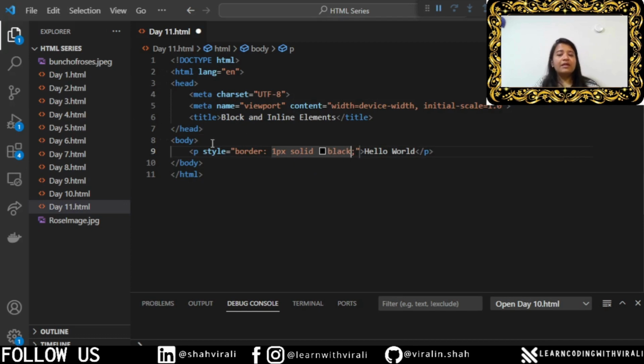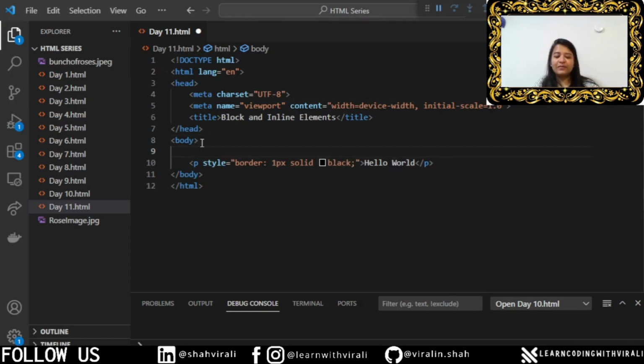Now as we just specified, every HTML element comes with a particular display. Let us see what kind of display this has to show us. So I'm just giving a comment up here as block element,